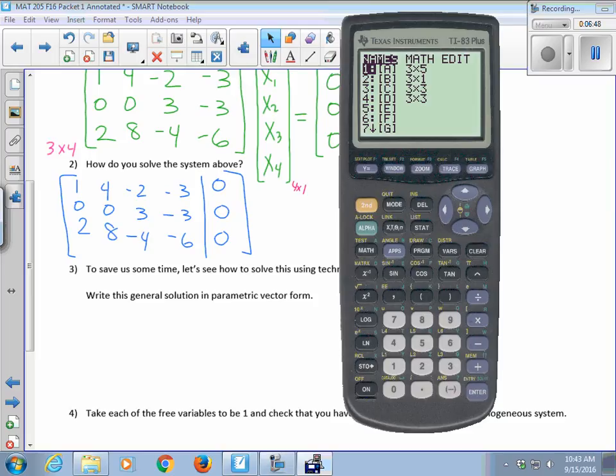Choose matrix A. Just enter. Yes, you just press enter on option 1. So RREF. And then you go back into your matrix menu and choose enter for matrix A. And it gives you RREF. I'm just going to paste this into my